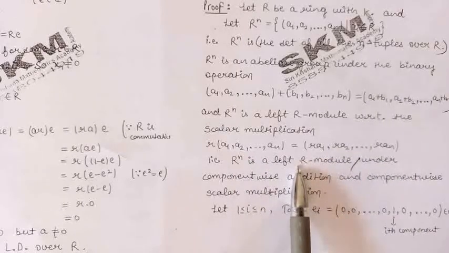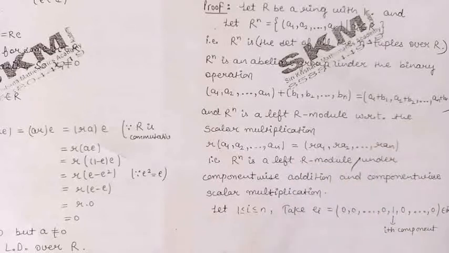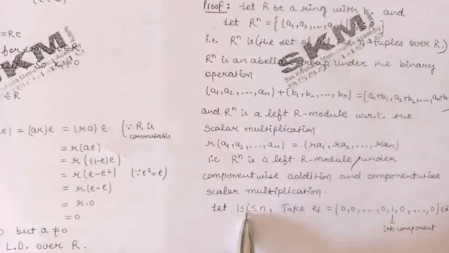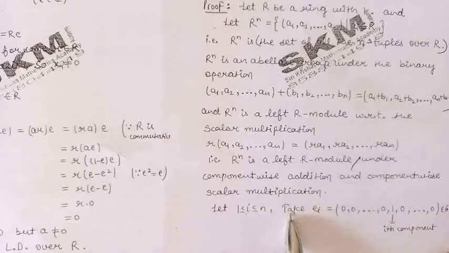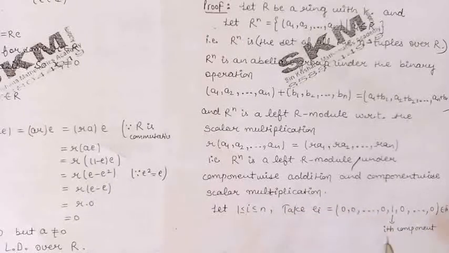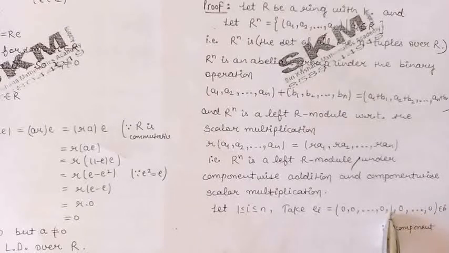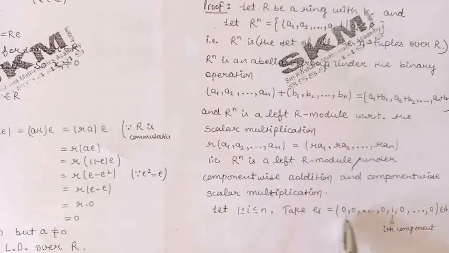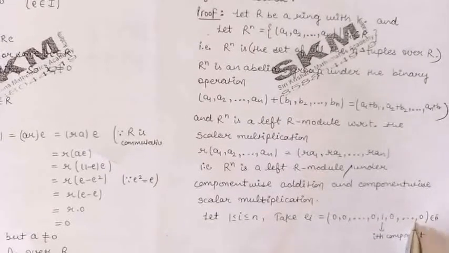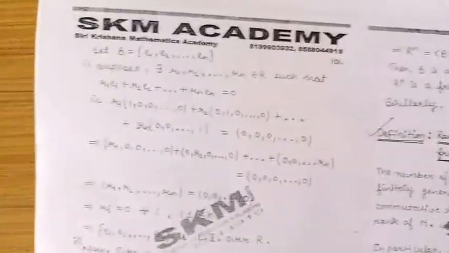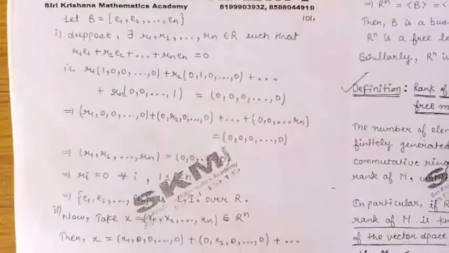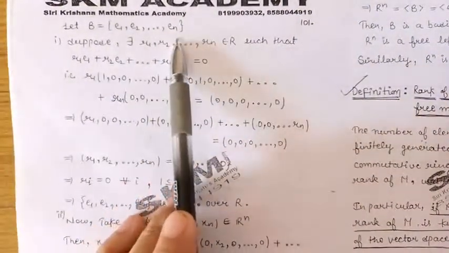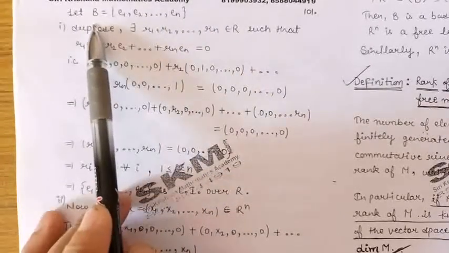Now, we have to prove that Rn is a free module over the ring R. For this, we will have to show that it has a basis. For each i varying from 1 to n, let us define ei as the vector having 1, meaning the unity element, at the ith place and all the other coordinates as 0. Now we claim that these vectors form a basis for Rn. The set consisting of n vectors e1, e2, e3 up to en we have denoted by the set B.